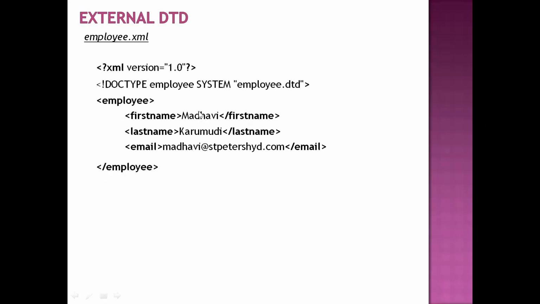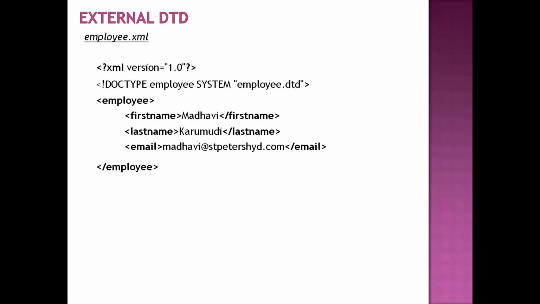See, this is my XML document. As usual, an XML document starts with the XML declaration statement. Just forget about this document tag now, right? Now see, here I am writing my employee information: first name, last name, and email. Now save this file. This is completely an XML document, so save this file with the .xml extension, right? Now I am writing the DTD for this XML document separately from the XML file.